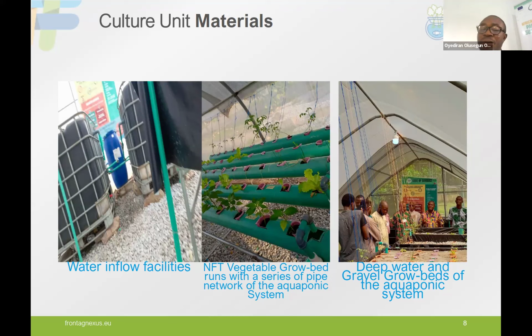So we have the NFT, we have vegetables, we have the grow bed, and we have a series of pipes and a number of things that are joined together to ensure that the flow system works. The issue is, water that is nutrient-based will flow into the grow bed, and the plants, having phytoremediation power, will take off some of the nutrients from the fish and then purify the water, and the water gets back to the sump. And this can, in a way, also assist the system in running,